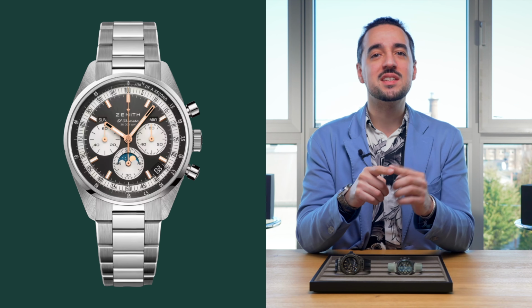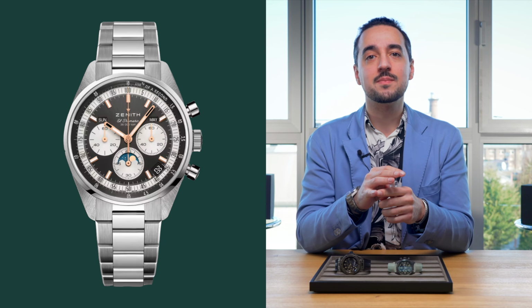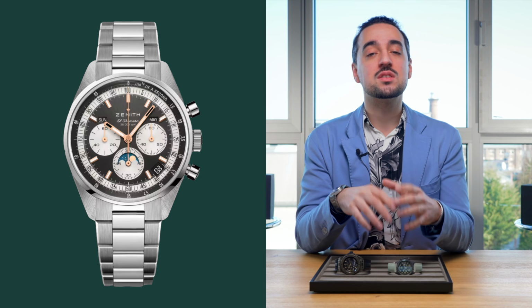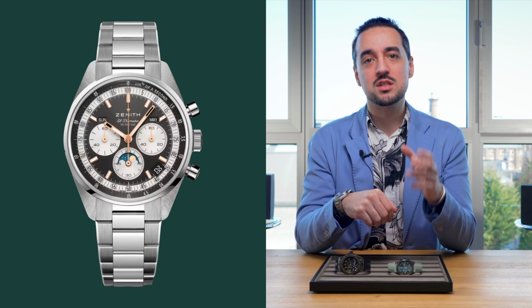So it now features the day, the date, the month, and of course the moon phase. Now this pays homage to an original prototype from 1970 in which they used the same complication. However, this prototype was only limited to 25 pieces and never made it to regular production. Now, however, the new version in the Chronomaster Original case at 38mm is going to be a regular production model,